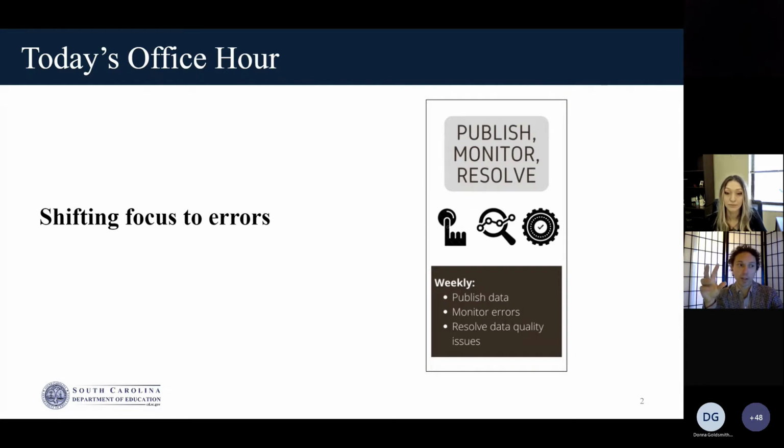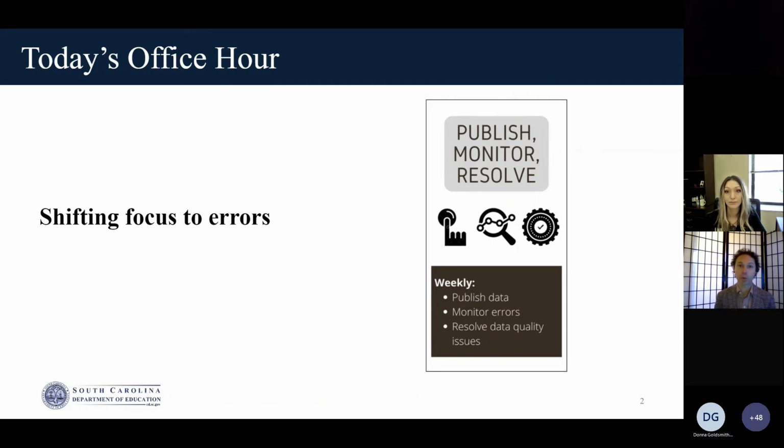DQR will tell you, hey, you're missing a last name here. The student doesn't have a state ID. One of your schools is using a course number that's no longer active, things along those lines. So in the best case scenario, you have your schools and people in the district looking at those DQR errors. They make the corrections over here in PowerSchool, and the next time those Oracle queries go up and grab your data and send it back up to SEDE, the data is cleaner now, and those DQR errors go away.